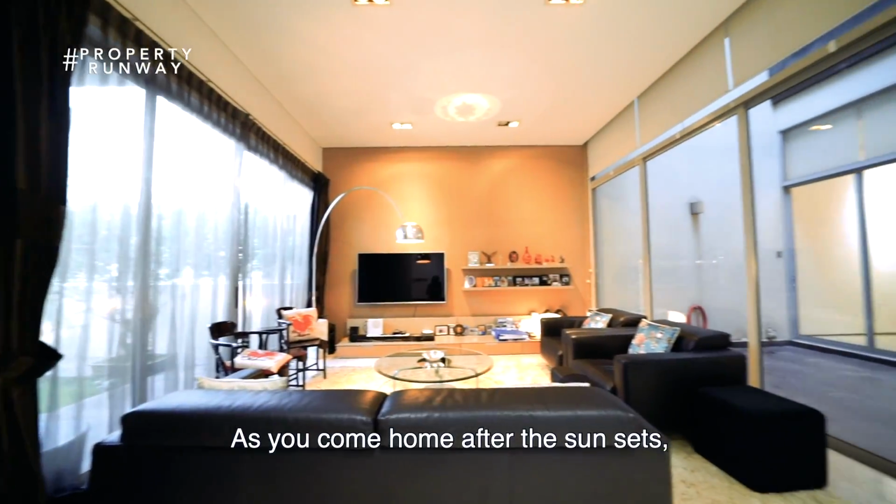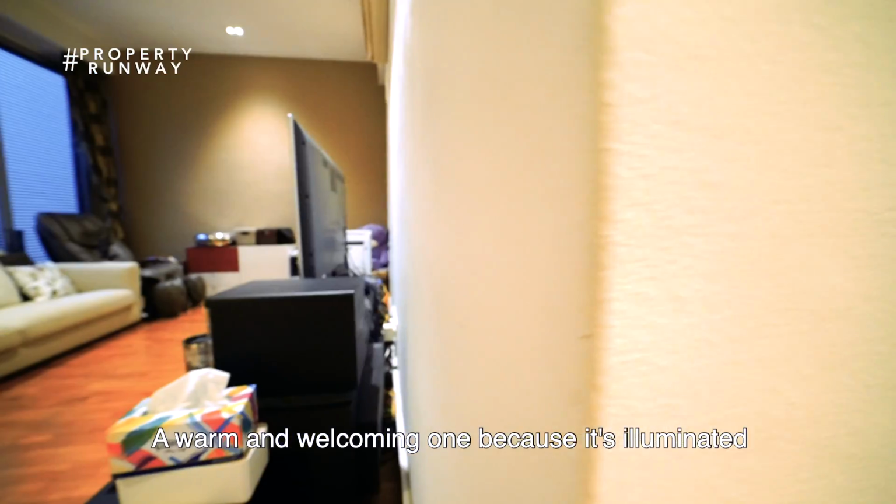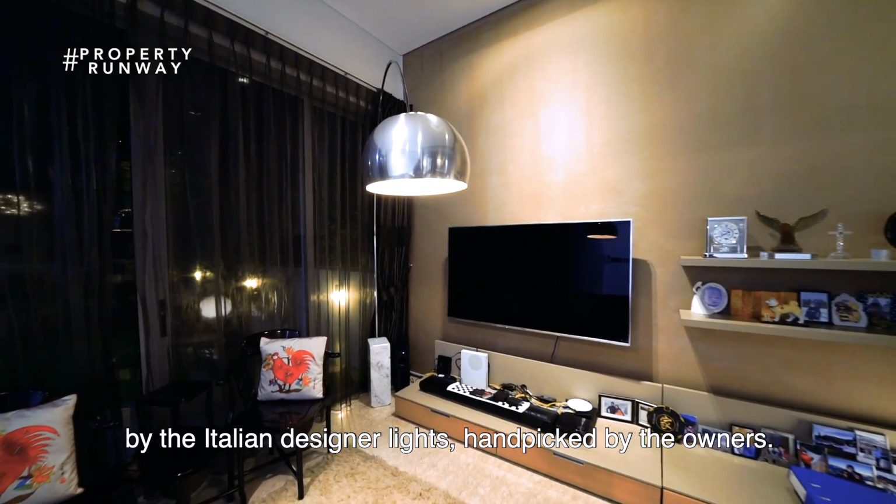As you come home after sunset, this house gives you a different feeling, a warm and welcoming one, because it's illuminated by the Italian designer lights